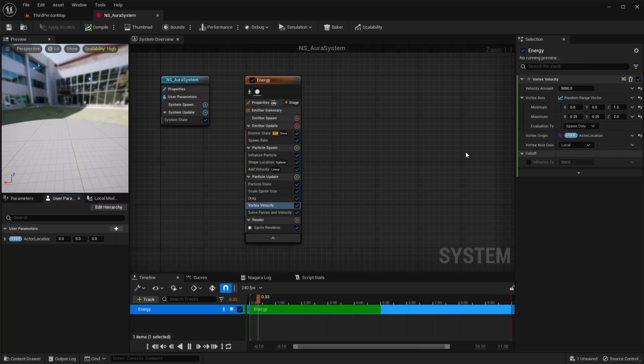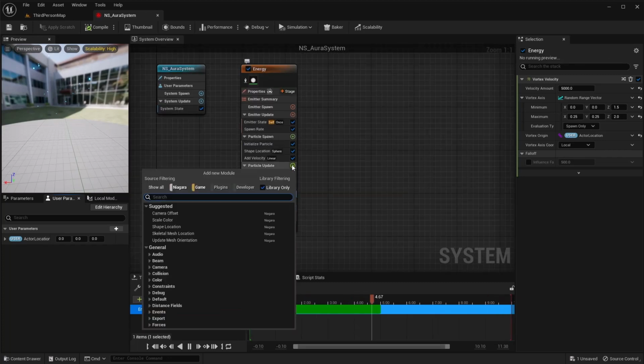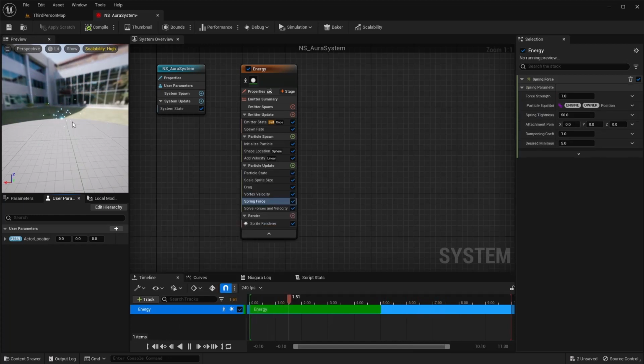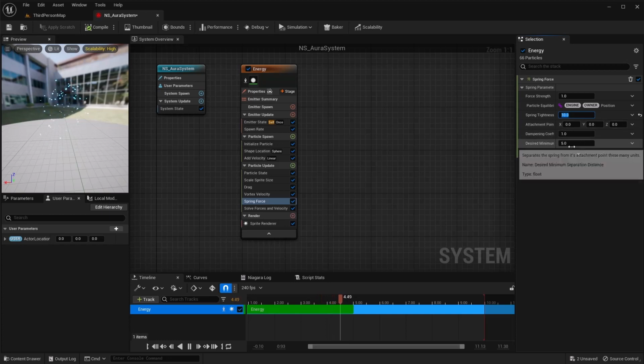The next thing that we want to do is add a spring force to our particle update. We want these particles to be attracted to the actor, but I only want it slightly attracted, so I'm going to play around with some of these until it feels a little more natural.